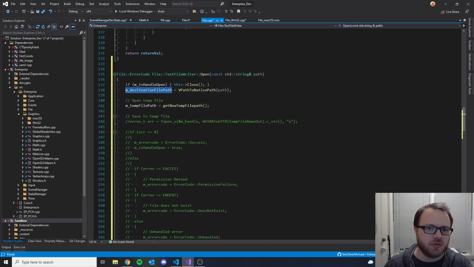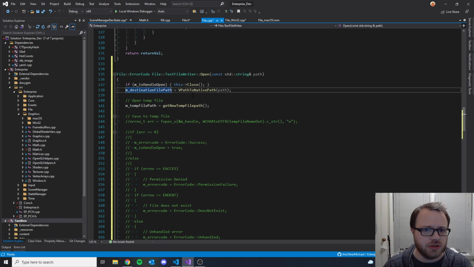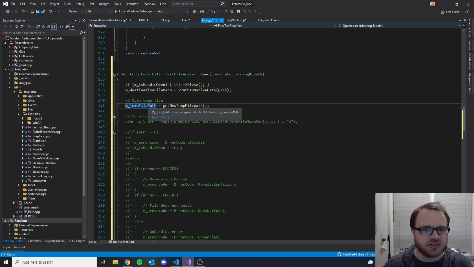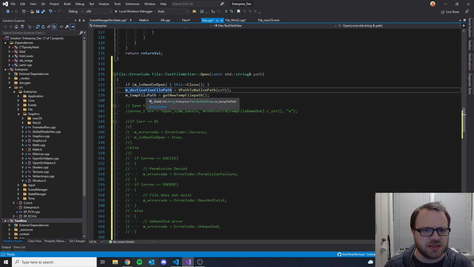The text file writer tracks the platform specific, or the absolute path to the file that we're going to be saving. So this is also an absolute path. I guess I could say,